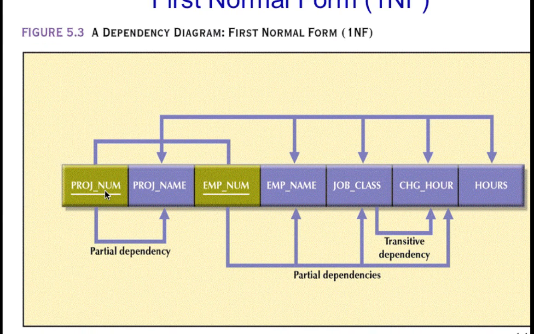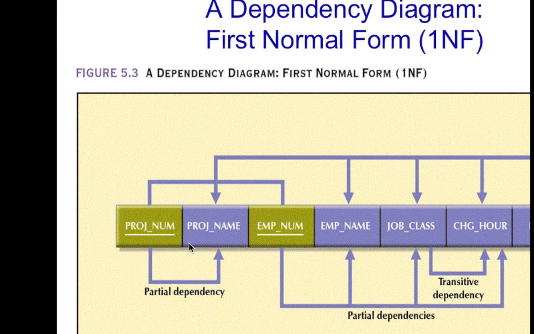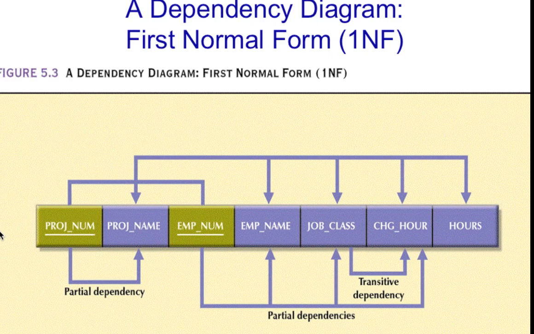When we have a project number and a project name, and then we also have an employee number, which is related, because each one of the project numbers has a project name associated with it, which is a partial dependency on the relationship with an employee number, because not all employee numbers match the project number and project name. Oops, I got it backwards. Only part of them do. There's not a full 100% relationship between the two of them, which gives us our redundant data, because we can